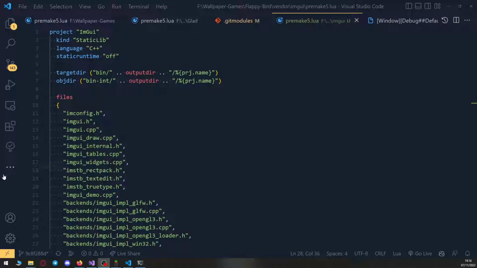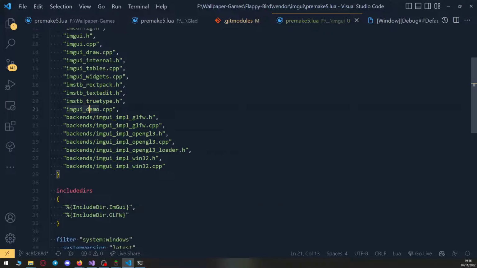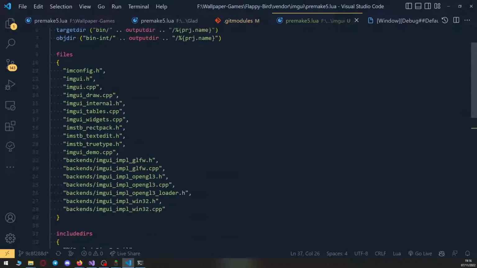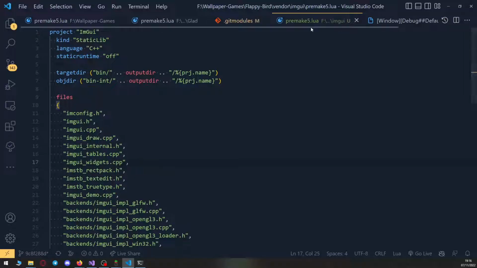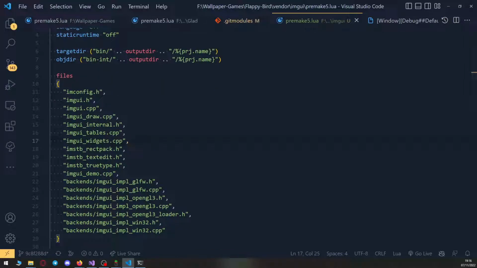Okay, let me check some. Let me finish checking this. Configure, I'm going CPP, raw internal tables. There's no tables. Just widgets. Text it. Alright, this works. That's what's important. For real. Now let me go to